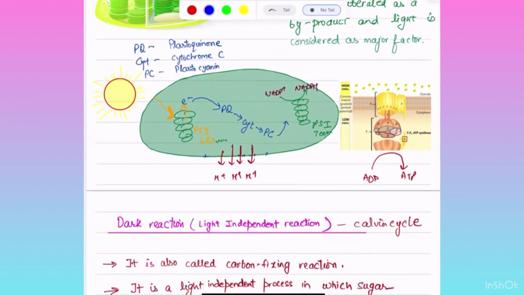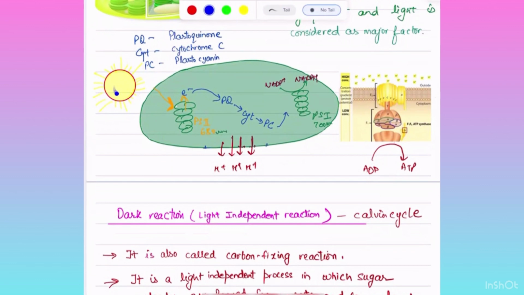In the light reaction of photosynthesis, when sunlight falls on the chlorophyll, the electrons get excited in photosystem 2, that is at 680 nanometers. When electrons get excited, they transfer to the electron carrier molecules, starting from plastoquinone to cytochrome c to plastocyanin, and finally they are delivered to photosystem 1. Photosystem 1, which has a wavelength of 700 nanometers, is where NADP+ accepts the electron and